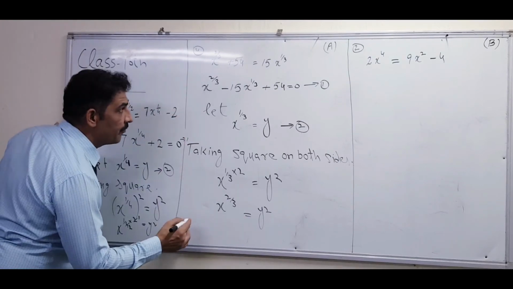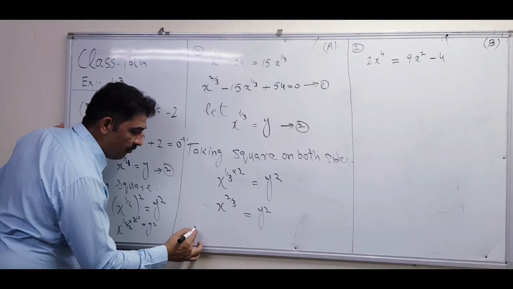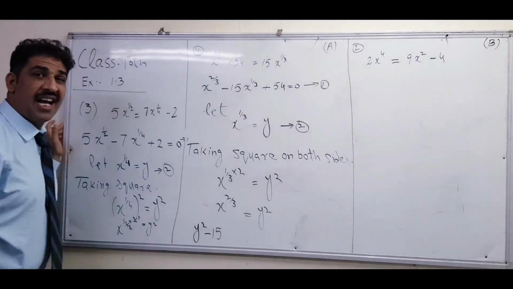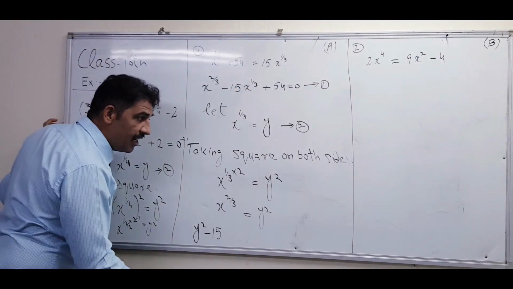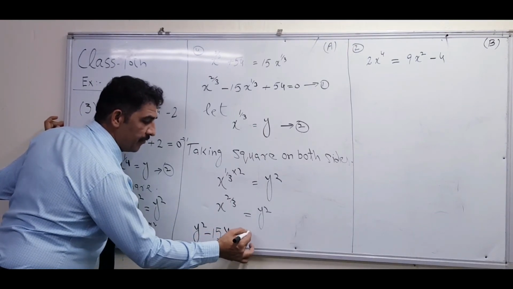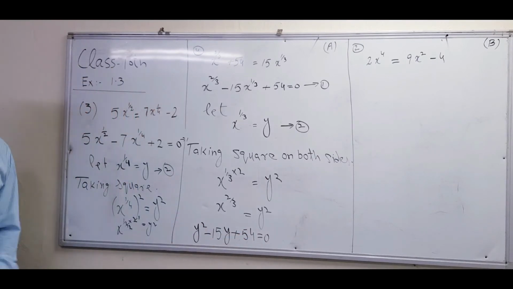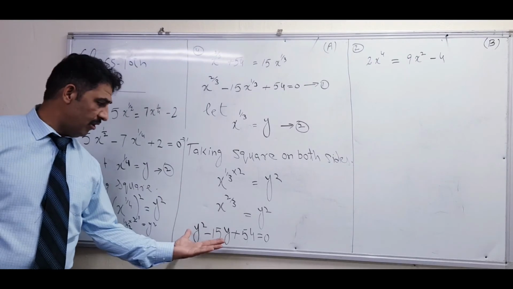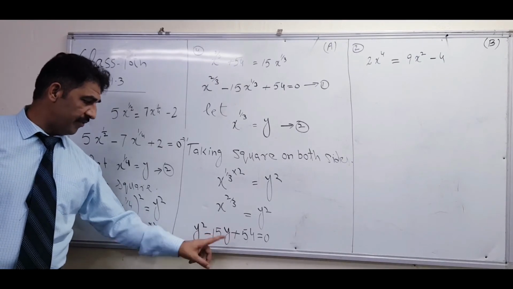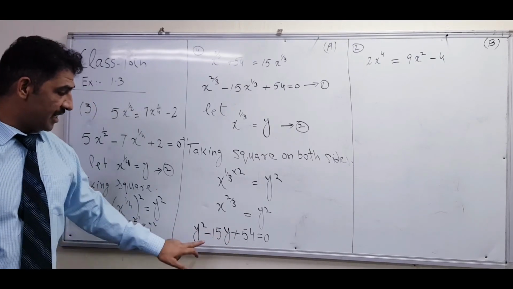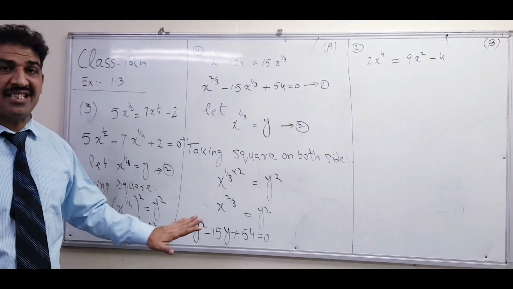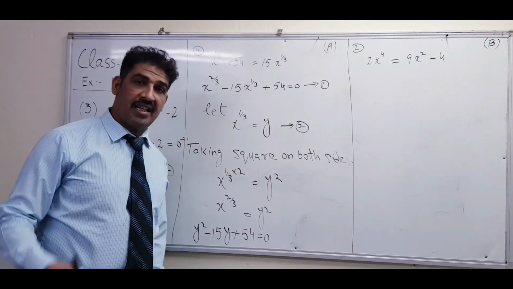Then what is here? There is no coefficient, you have to write just y square minus 15, x exponent 1 over 3, what will come? y. Good. Plus 54 equal to 0. I have to change this into the quadratic form. After that you have to solve it with the help of the factorization method. Factorization method is possible. 54, factors whose product is 54, and when you sum them, you will get 15. Quadratic formula is up to you. Both are correct, or completing the square, because he is not binding us.